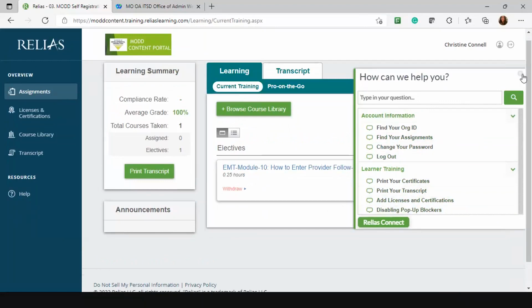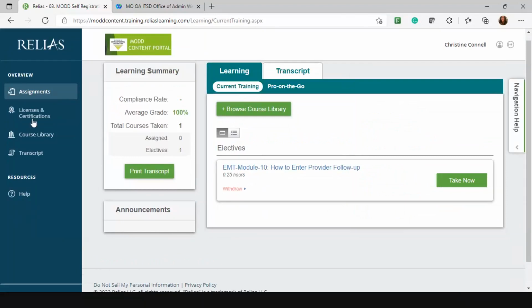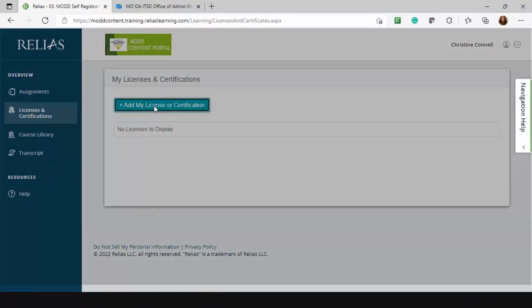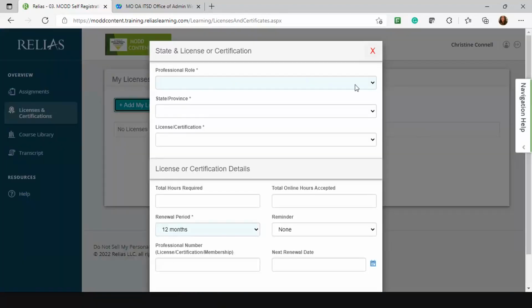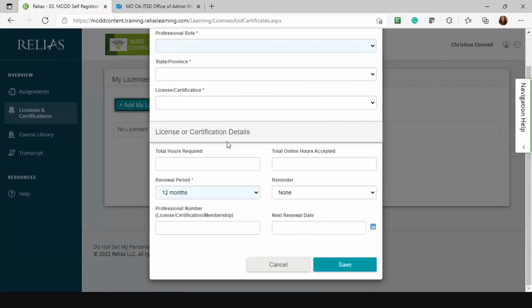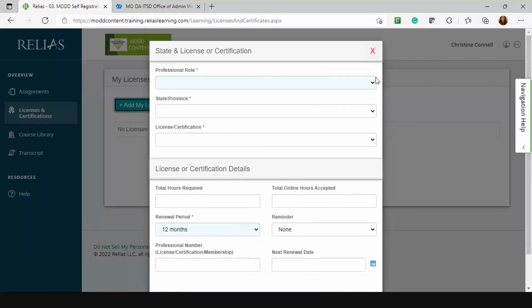On the content portal, you do have the ability to add licenses and certifications if you want to. That's more just part of your learner profile. If you have a professional role within the state of Missouri and you want to add in your license, the nice thing about it is if you do have it in here with the renewal period, Relias will just send you a nice reminder that you have a renewal coming up.